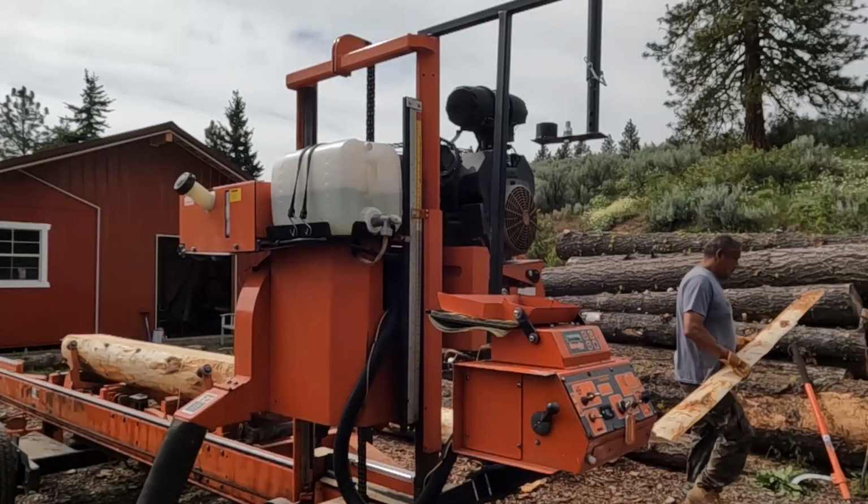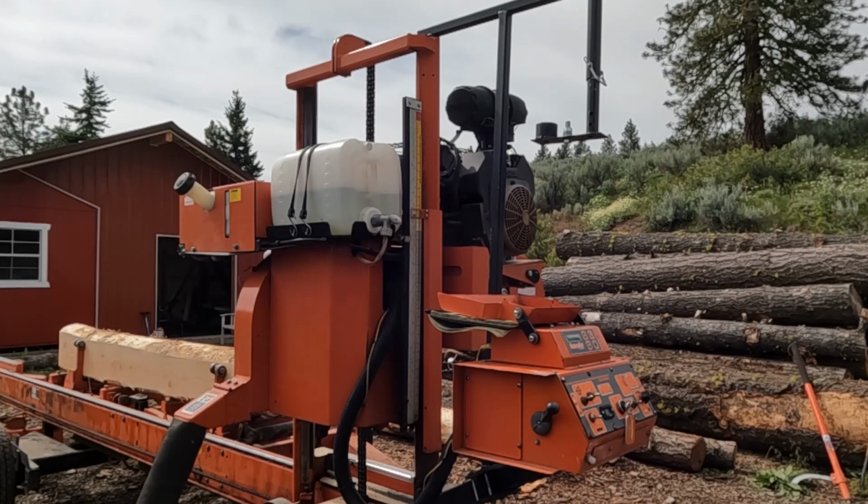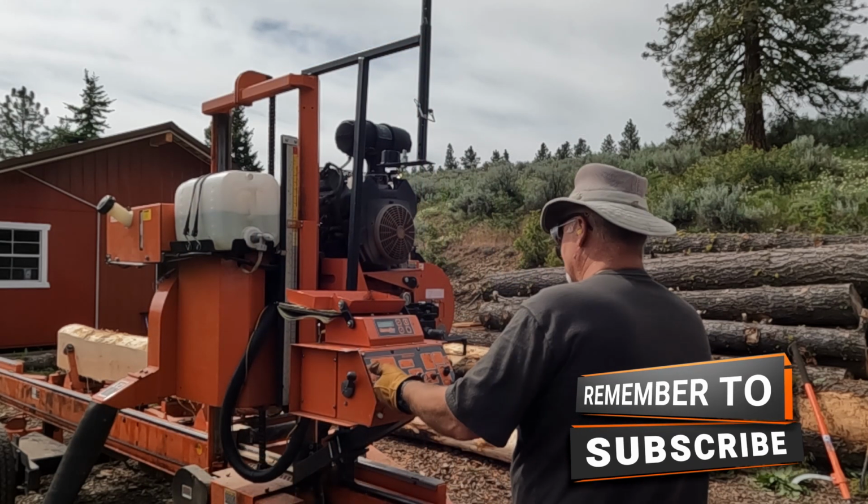I got the log on the deck. I cut my cap cut off and got a nice flat side and rolled her up through the side supports. And again, this is standard issue for me, right? Get the log on the deck, cap cut, flitch cut as needed, and then roll her up 90 degrees straight